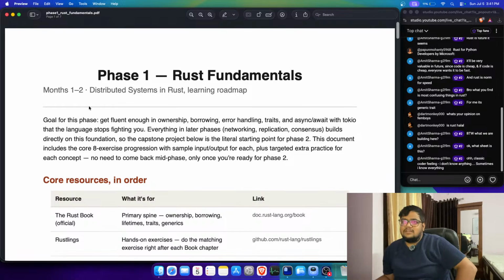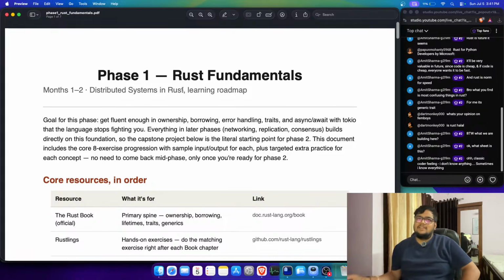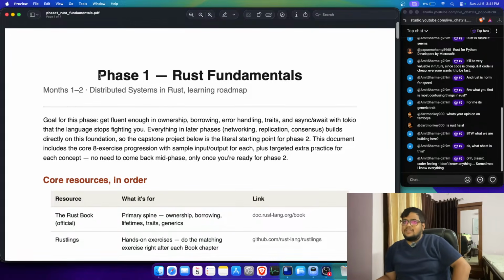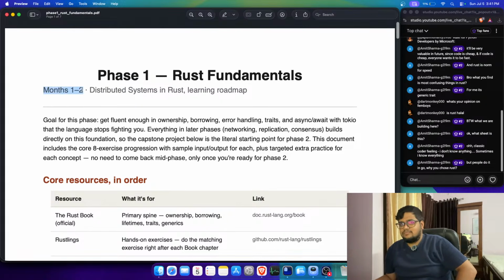I thought if I'm going into the back end, why don't I just do distributed systems, like a learning roadmap, but in Rust. So it spit out some phases, and I'm on phase 1. It says Rust fundamentals. I didn't skip it. I said I'll start from day 1, like I know nothing. So on month 1 and 2,